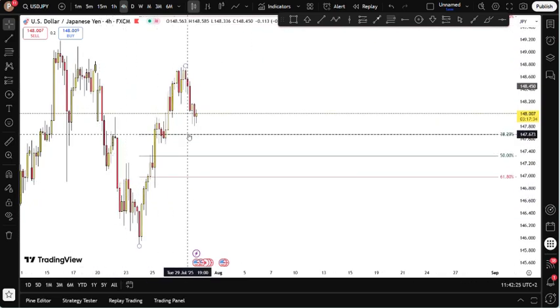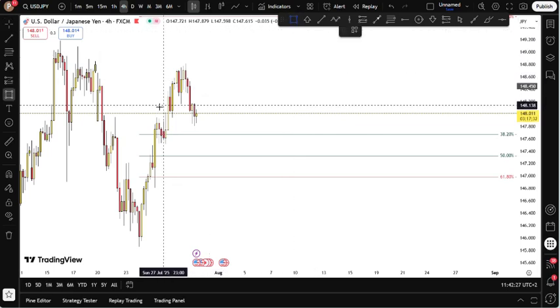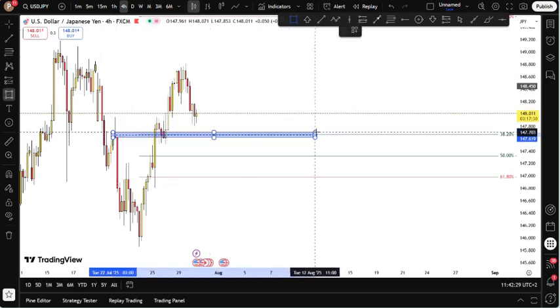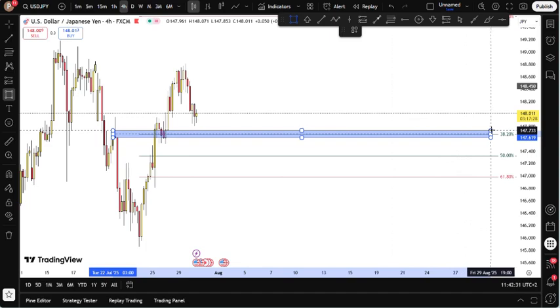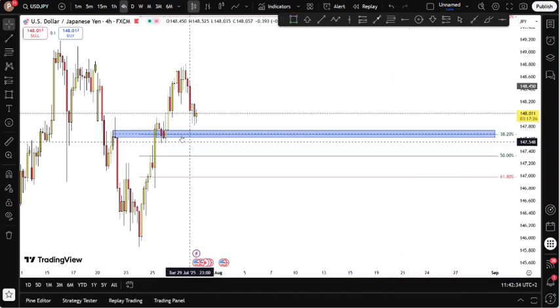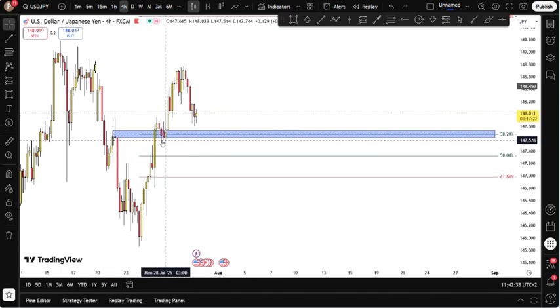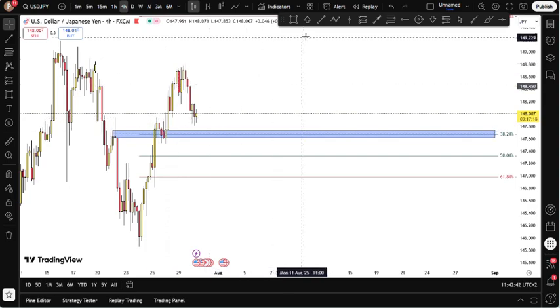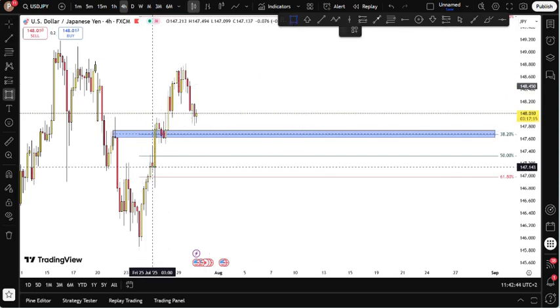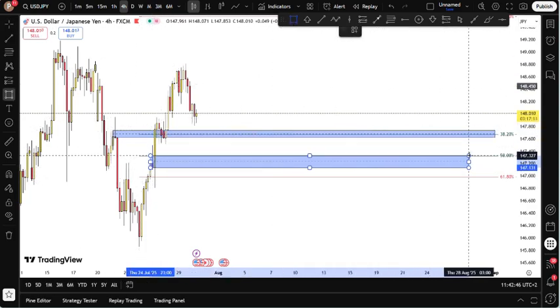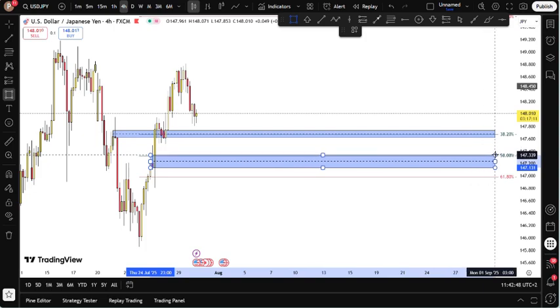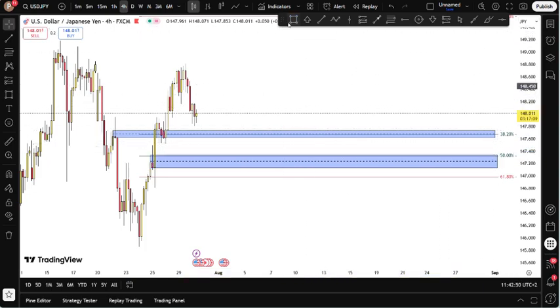We will look for rejections. Let's say we are continuing the trend. Let's just assume the trend is continuing. This will be very important to see. You see this zone here was previous resistance, broken, tested, continuation, and then downtrend. And then there's also this zone here, which is the 50%. This thing can test any of this.